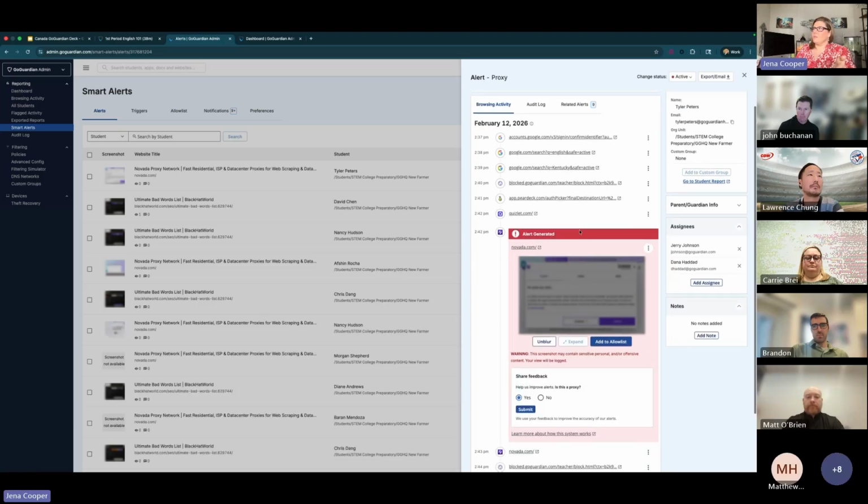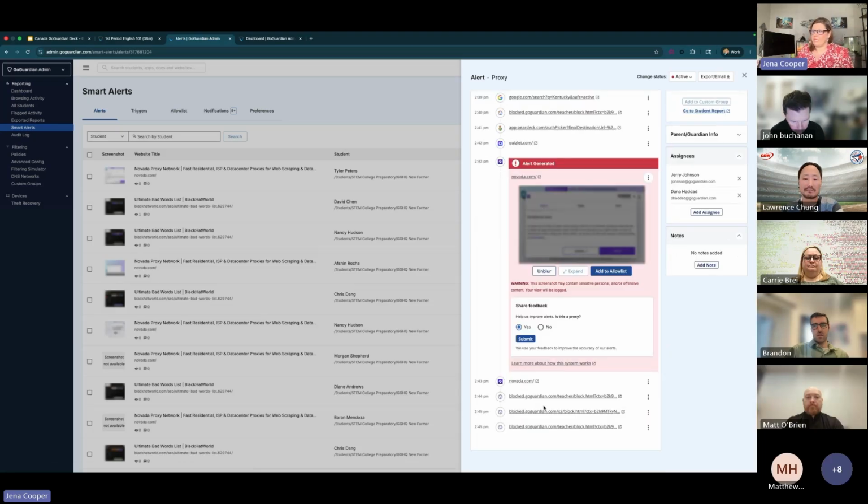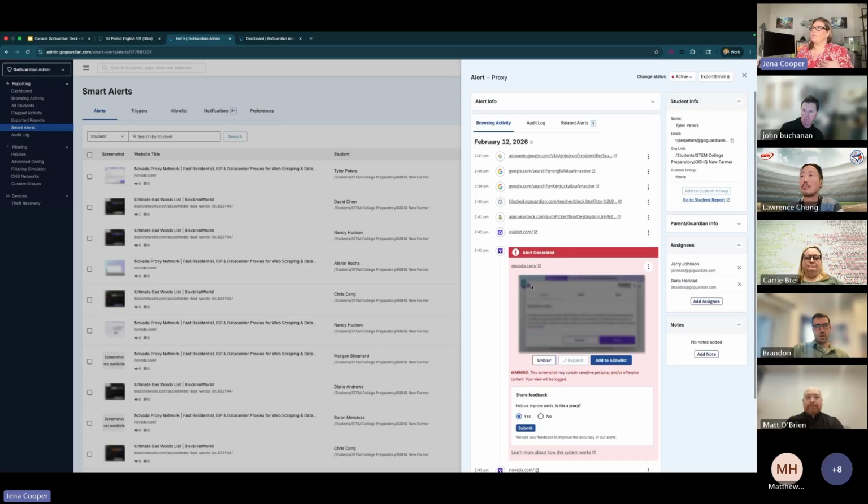And again, when you get a smart alert, you're getting context as well. If a student pulls up a proxy site, I can see what they were doing 5 minutes before and 5 minutes after this alert. So did they just happen to stumble upon one and it's a good kid? You know, this student has never really had any issues before. It looks like they stumbled upon it and once they got on it, they got off of it right away. Or is this a kid actively seeking out to find these kinds of things? And that provides the context for the kind of conversation that you need to have with the student.